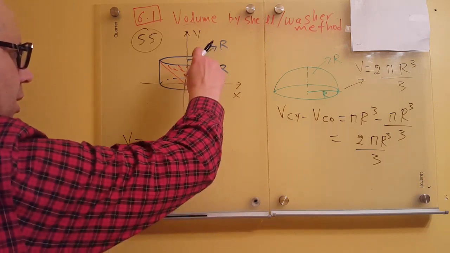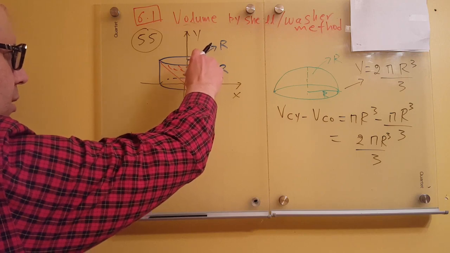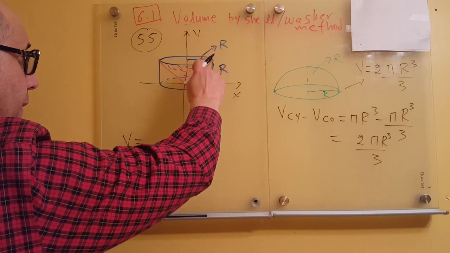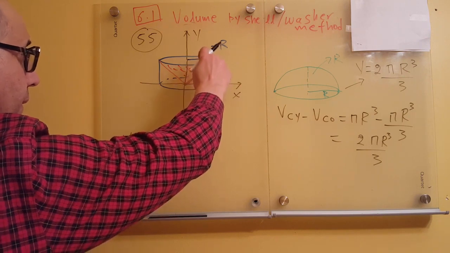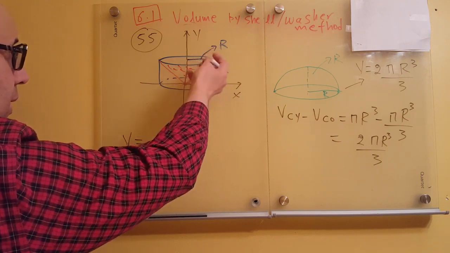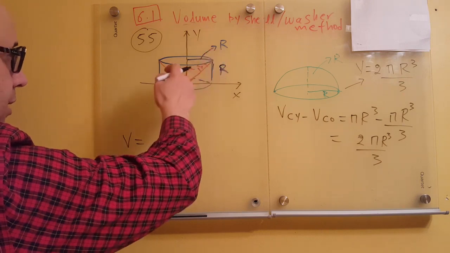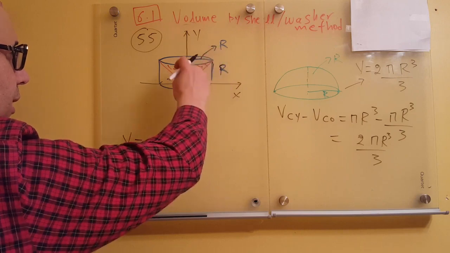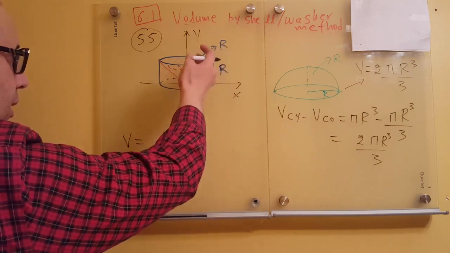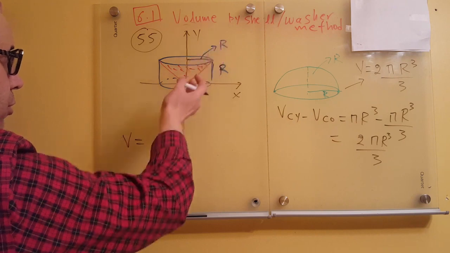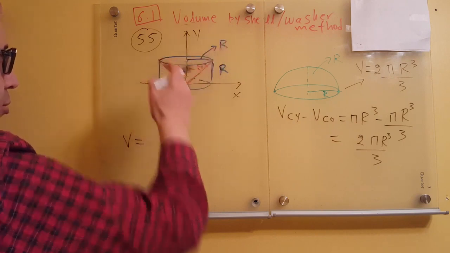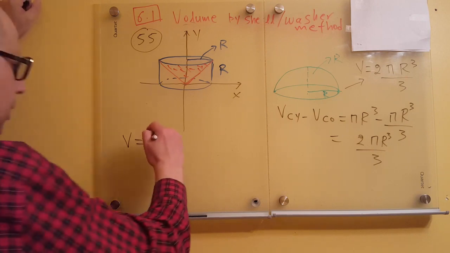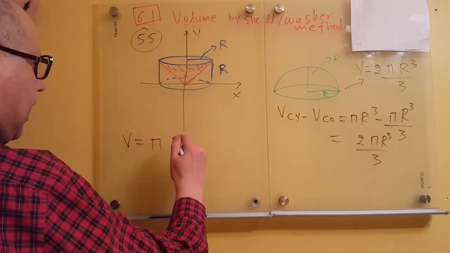It's the volume which is created when we rotate this area here around the y-axis. So that means you have to rotate first the r around the y-axis, and then you have to rotate the red line around the y-axis and subtract it. So that means it's pi, and